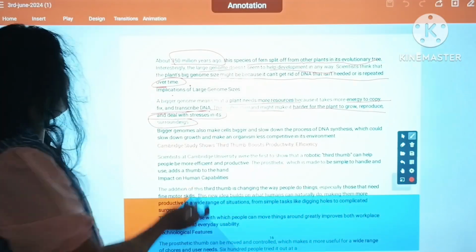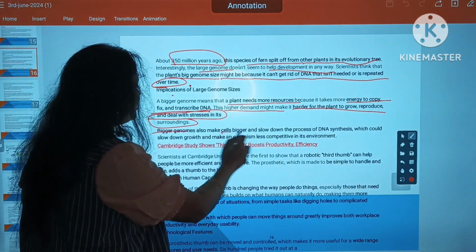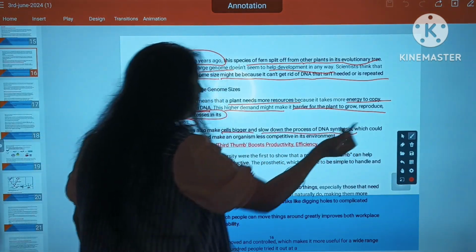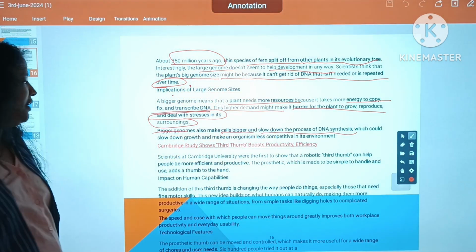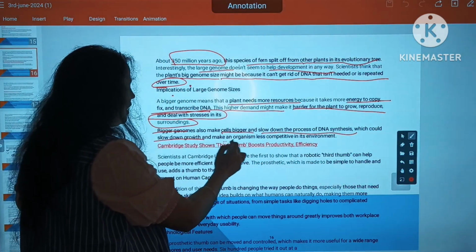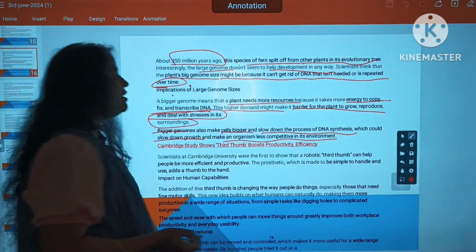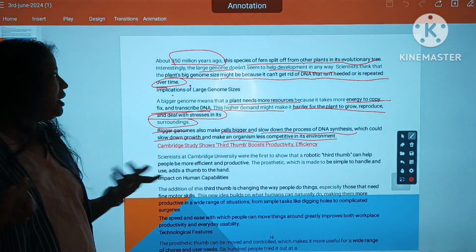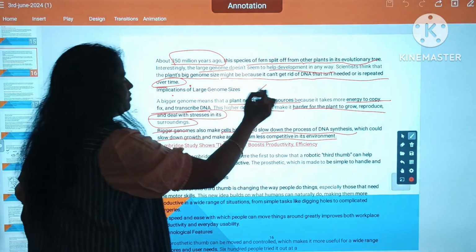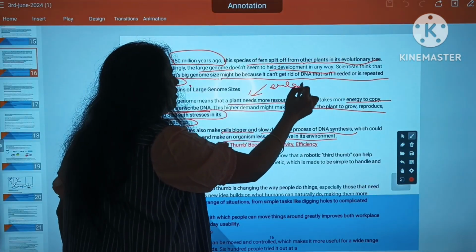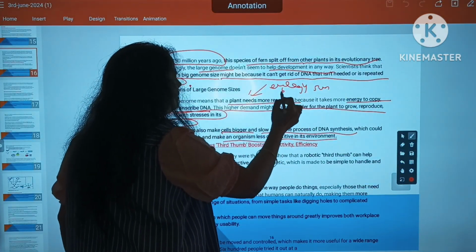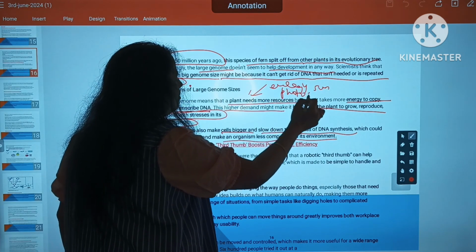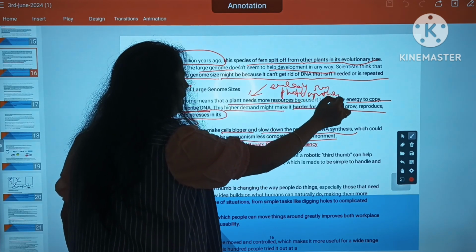That is the problem here. Bigger genomes make cells bigger, slow down the process of DNA synthesis, slow down growth and make an organism less competitive. Means if the plant is very big, it needs more resources, more energy from the sun for photosynthesis, to carry out its daily activities